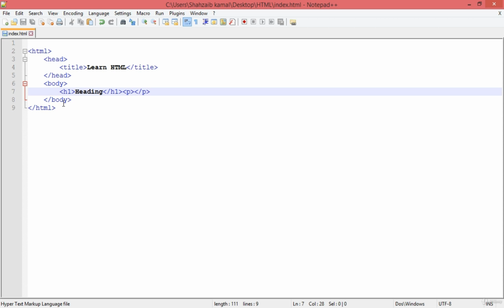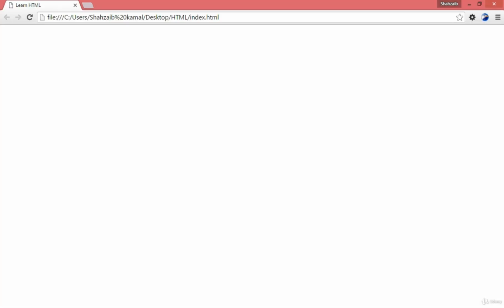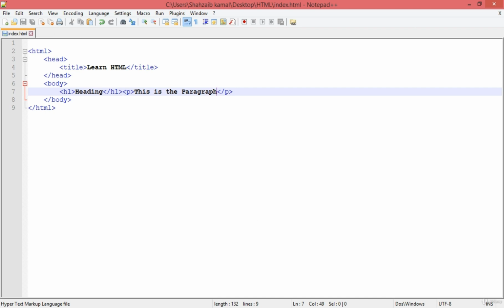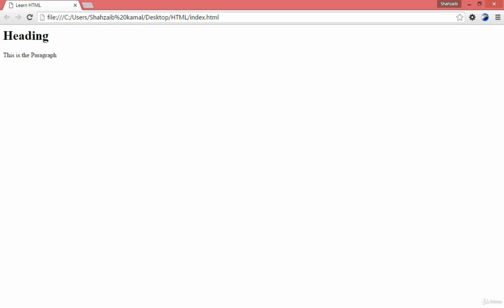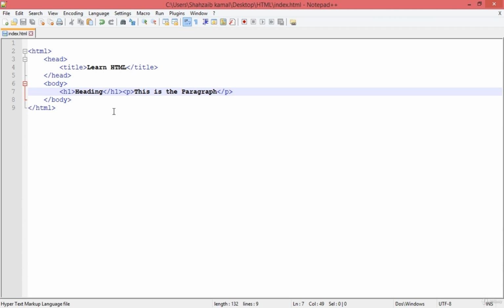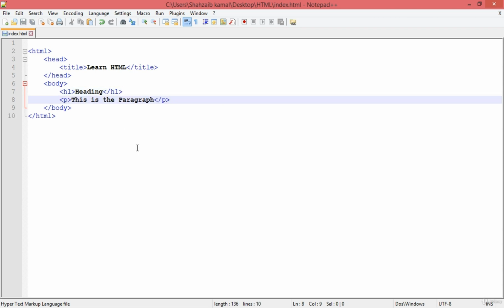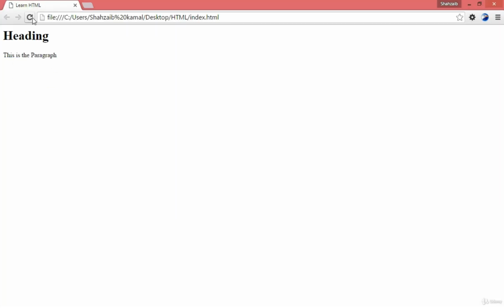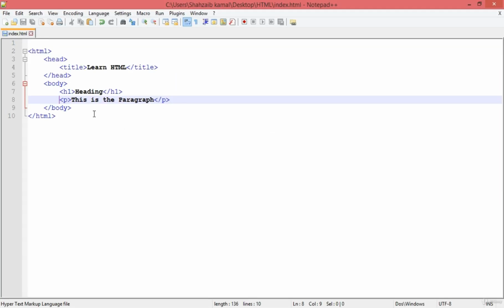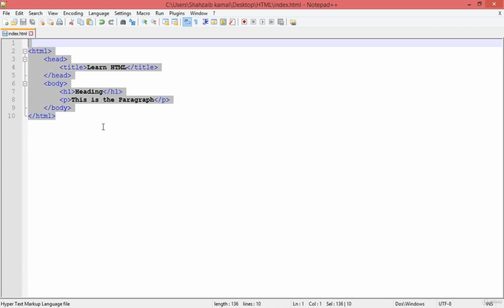I'm just trying to teach you about maintaining the readability too. So in the p tag, I'm just typing "this is the paragraph", save and go to the browser and refresh: heading and the paragraph. Now you can see that everything is fine here, but for maintaining the readability of the document, we should put the line break here and save and go to the browser back. Nothing will be changed here.